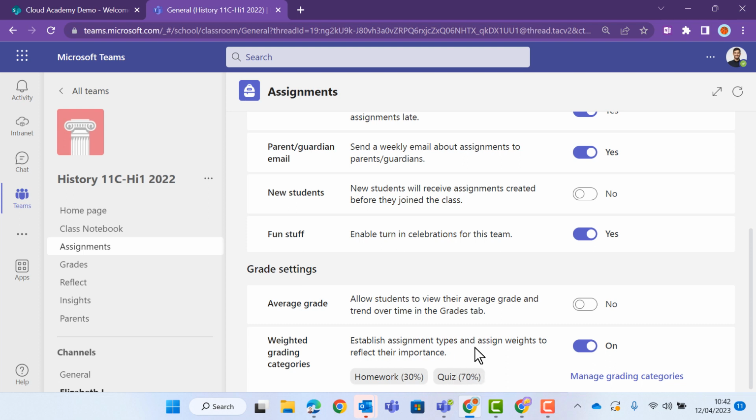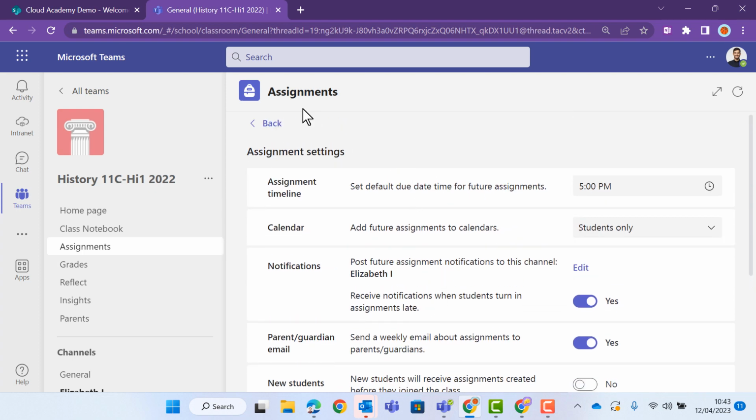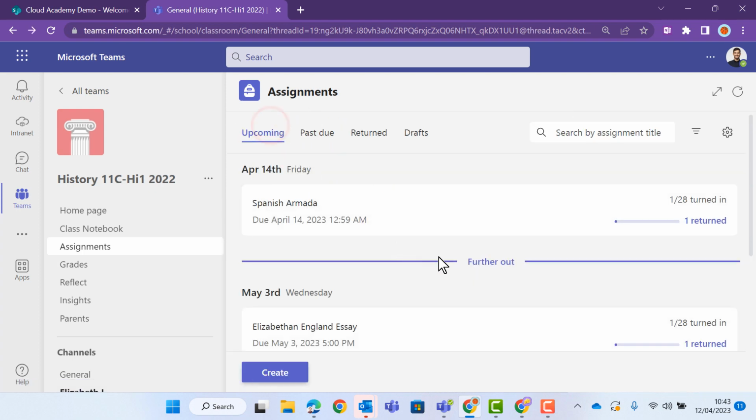So one thing that's important with weighting is that now any assignment that is set where you're going to be marking with points will have to belong to one of these categories. You can still set an assignment and it could have just general feedback in there and a student can turn it in. It could be part of just their ongoing work. But if it's not contributing to that final grade, you cannot use points anymore. So what do we mean by that? If we just scroll up to the top and go back to our assignments area, if we create a new assignment,